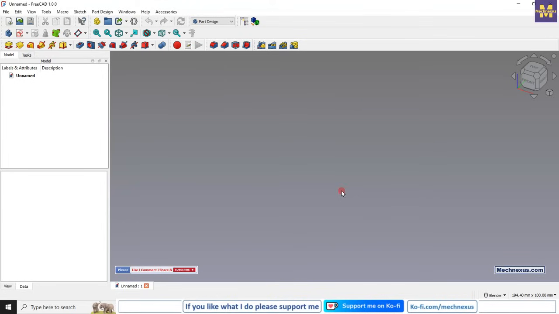Hello friends, welcome to FreeCAD tutorial, and in this tutorial we will learn the extrude feature in the FreeCAD Part Design